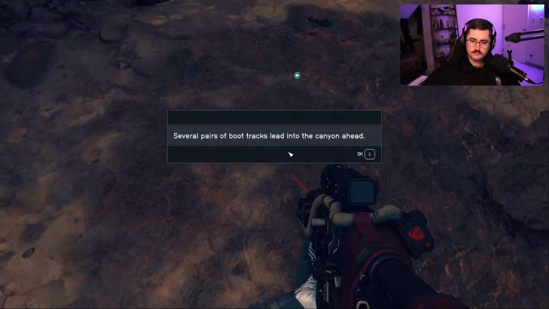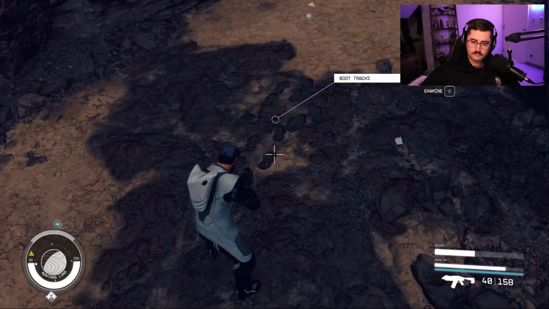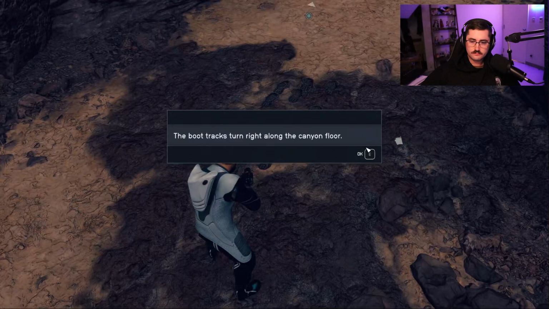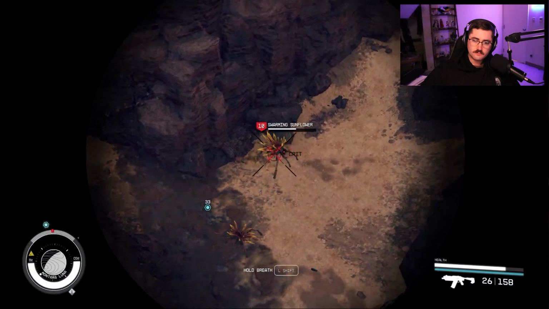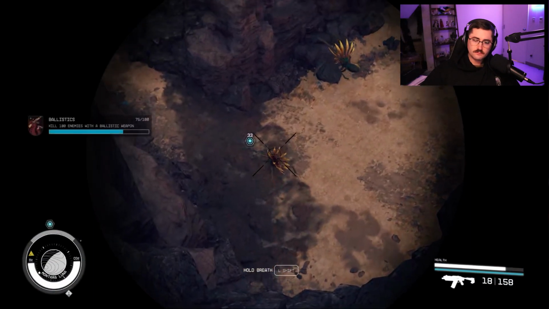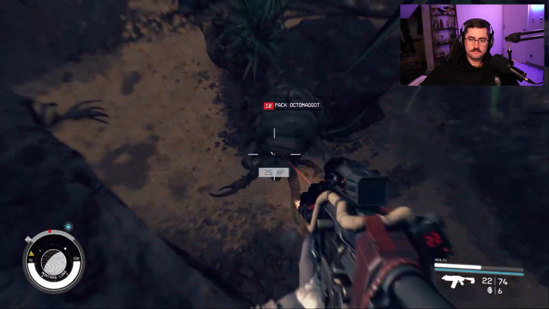You'll follow the lead by checking out the boot tracks. These will tell you where to go. Progress through the boots. Fight minimal creatures here. You'll see some little plant guys that you'll fight, as well as some bigger enemies here in just a moment. Once dealing with all the creatures, you'll finally run into the actual